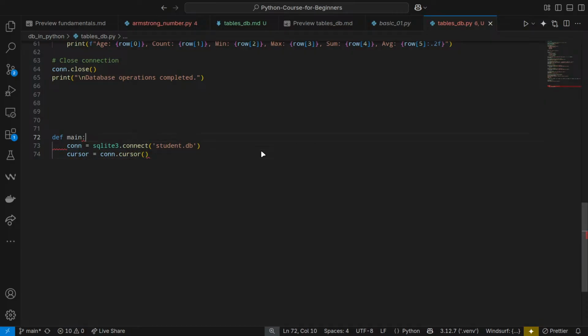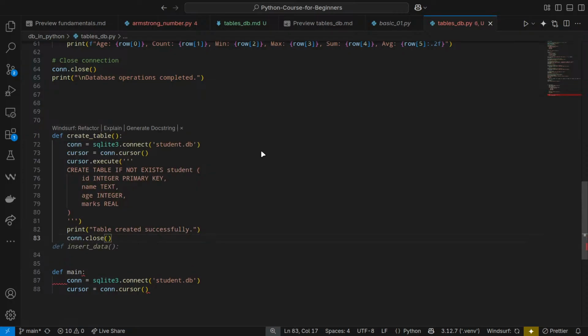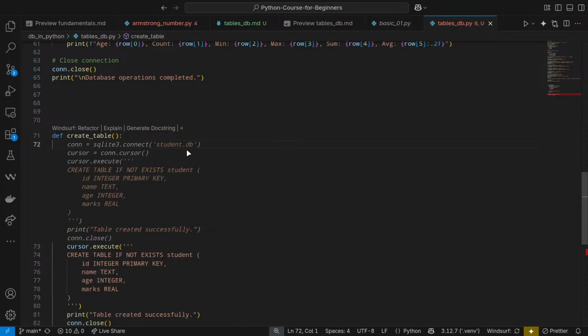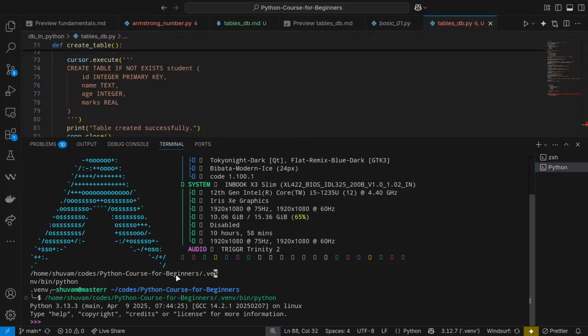Then I can have a function, suppose def create table, something like that. This one will basically need this, but I'm not going to do it like that. Basically, I'm going to pass